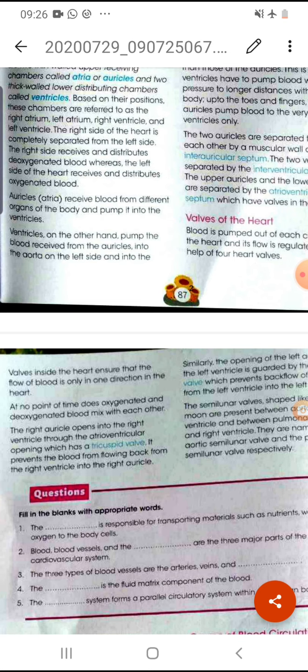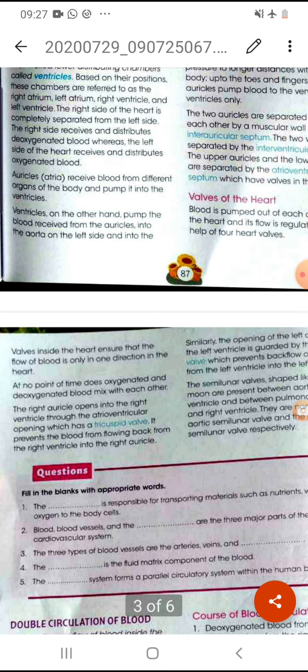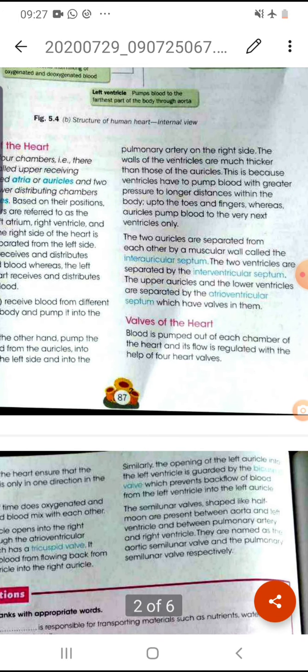Okay, next is the auricles. So auricles receive blood from different organs of the body and pump it into the ventricle. So first the auricle receives the blood, and after that it will pump the blood into the lower part, that means into the ventricle. The ventricle, on the other hand, pumps the blood which is coming from the auricles into the aorta on the left side and into the pulmonary artery on the right side. Okay,